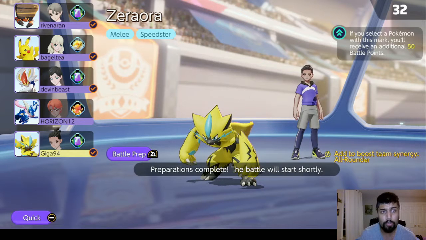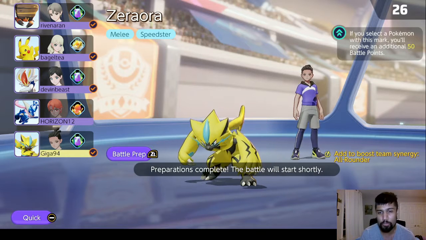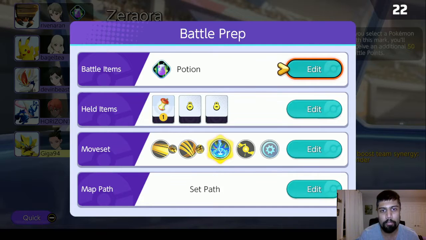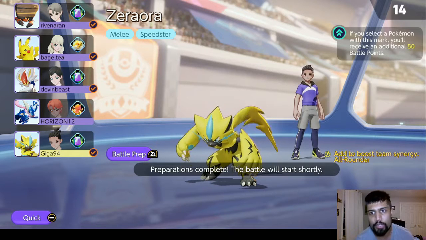We do have Greninja, which is another really offensive option. Cinderace, also really offensive. Pikachu, don't know too much about. And then Crustle, I know is a very good wall. Battle Prep, we do have a potion. We do have that. I feel pretty comfortable with our moveset. And so what I'm thinking is,